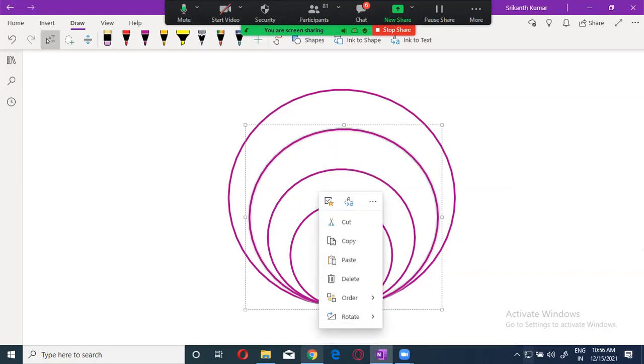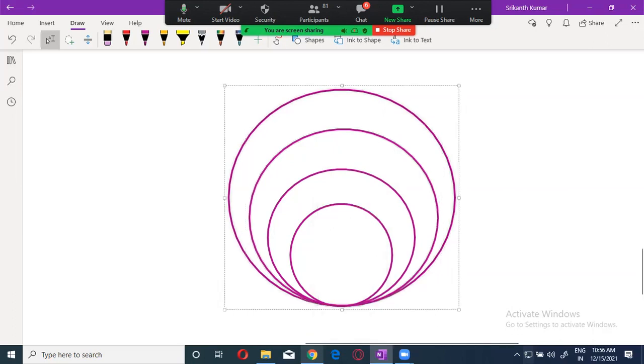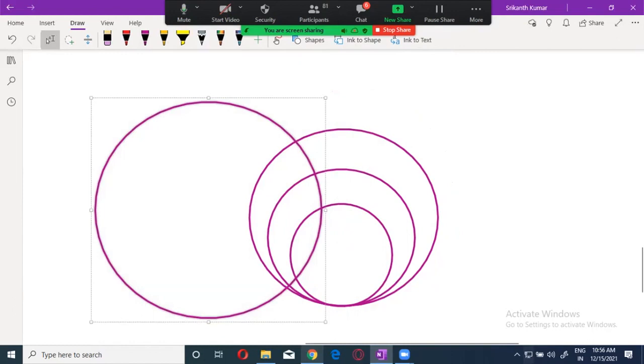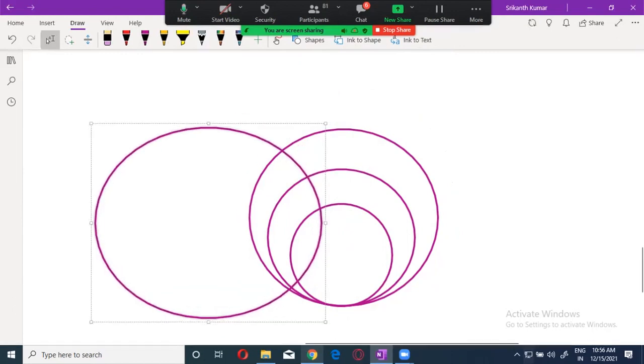Now, some people will not accept it, and they say that they want to make it something like this. They want to say that data is directly connected to the AI, data is directly connected to the ML, data is directly connected. Now, this is the way you can also do it. There's a controversy, a big controversy. Some people will accept this, some people will accept that. But both are the same. It's up to you, and as long as you justify the things, there's no problem at all.